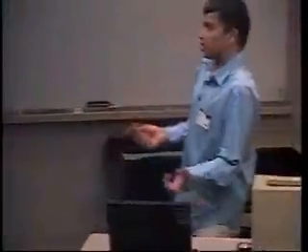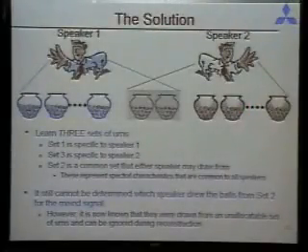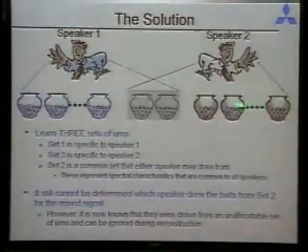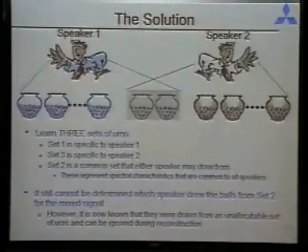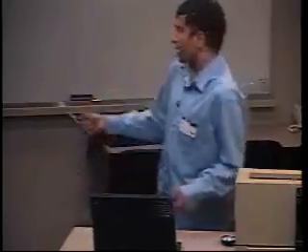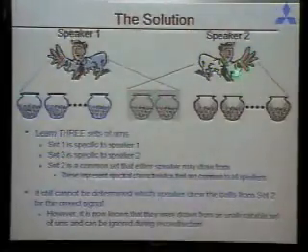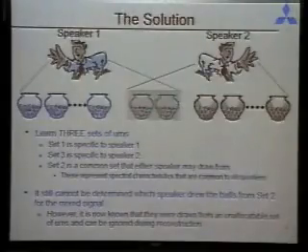Now, here's a hacky solution. We actually explicitly take into account the fact that there is this central part of urns which cannot be distinguished. And so instead of training 2 separate sets of urns, one for each speaker, you train 3 sets of urns. One each is specific to each of the speakers, and then the central one is common to all speakers. And to generate the spectrum, speaker 1 could draw either from his urns or from the common urns. Speaker 2 could draw either from his urns or the common urns.